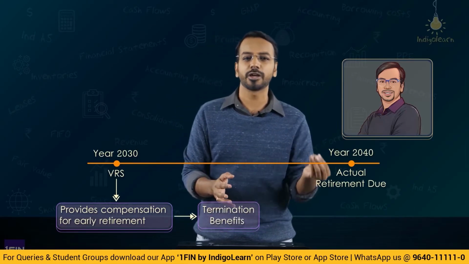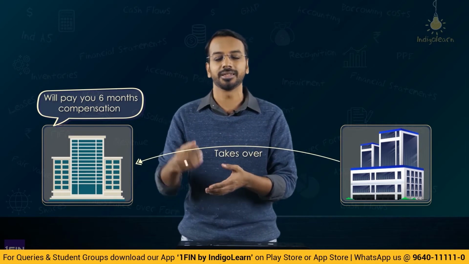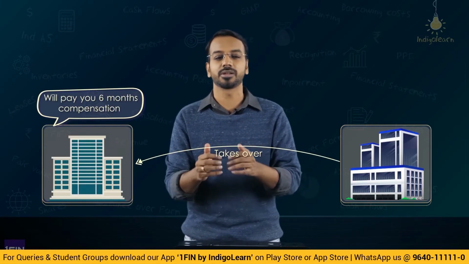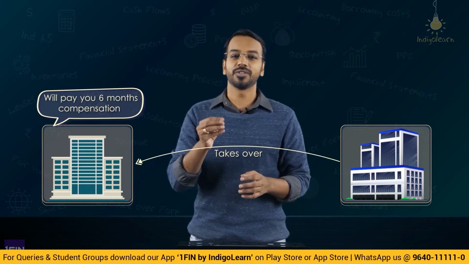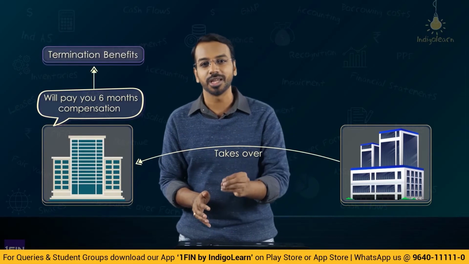So, the employer may say that the employee has a choice: if you want you can retire, or if you don't want you can continue. That is one aspect. Or maybe because of downsizing, the employer simply says we are curtailing our operations, so you will have to leave the organization, and because we are asking you to leave suddenly, we are paying you, let us say, 6 months of compensation. These kinds of things may happen. For example, if there is a takeover of the company by some other company and there is a lot of employee redundancy, meaning there are excess employees and the organization wants to terminate the services of some of them, then any benefits the entity has to provide are called termination benefits.